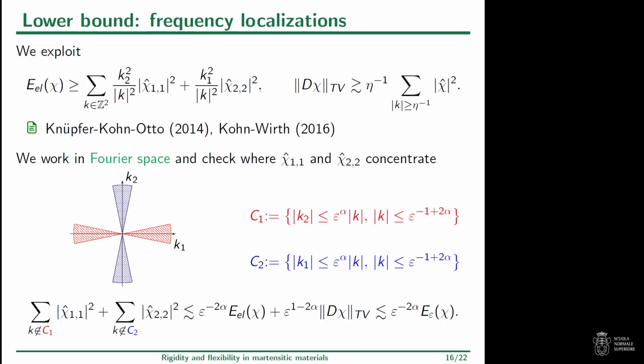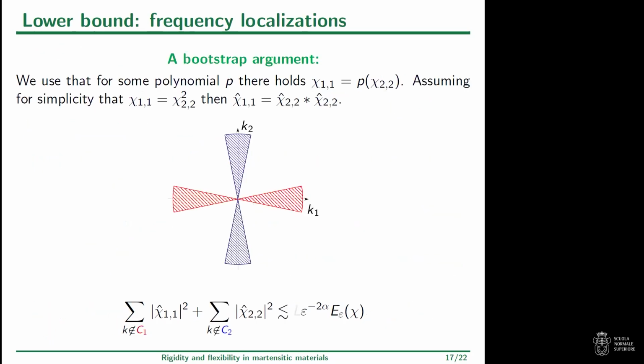So the idea is to scratch a little bit the Fourier mass inside these cones, and to get a control of the full L2 norm of chi1 and chi2, not losing too much energy here. Okay, so this is where the characterization of the diagonal component of the Tartar square